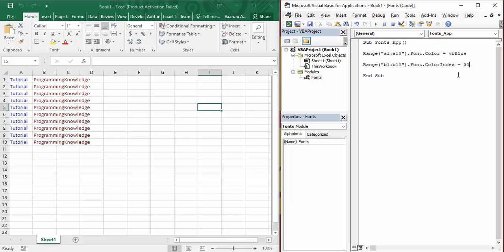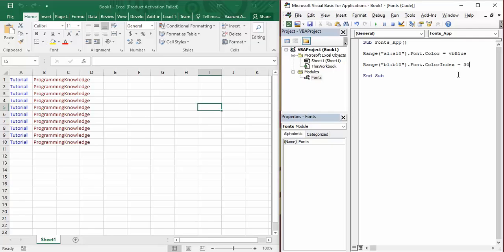But there is a limitation, as you can see, that in color index you have no idea what this value is going to render. So you have to keep changing the index until you get a value that suits your mood or suits the setting that you are looking for. But a more generalized approach would be to follow the dot Color property, which helps you directly search for the exact color in VB.